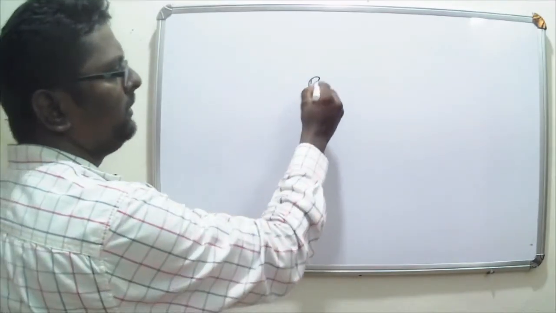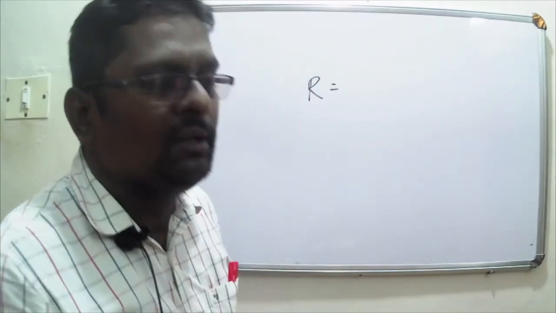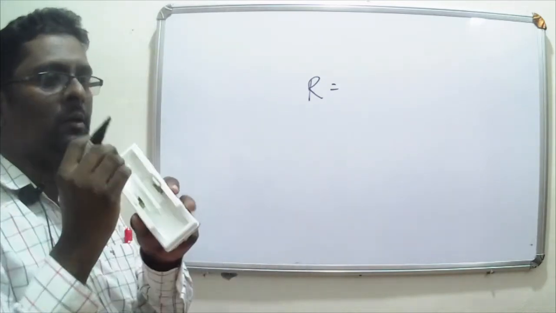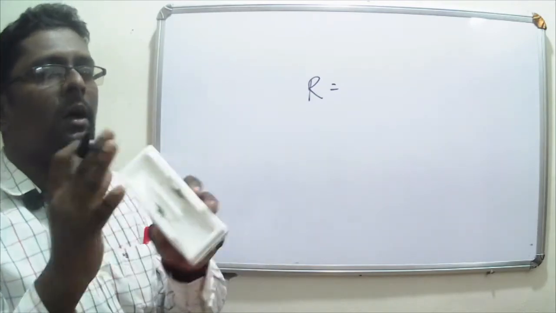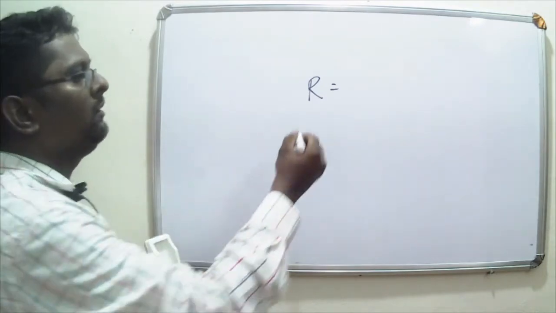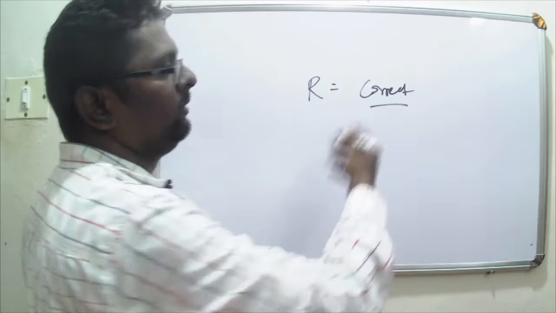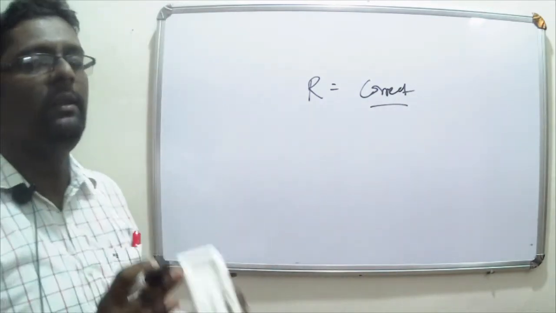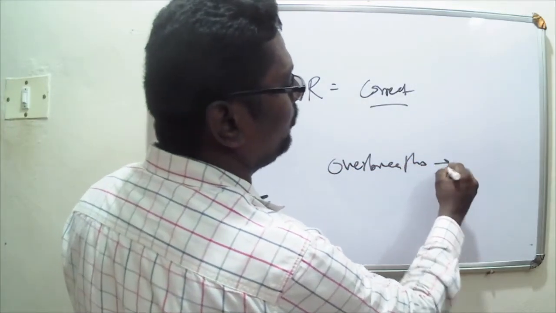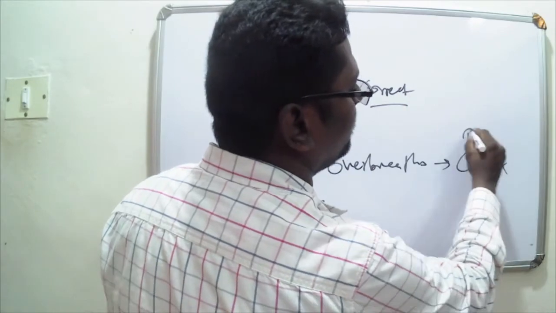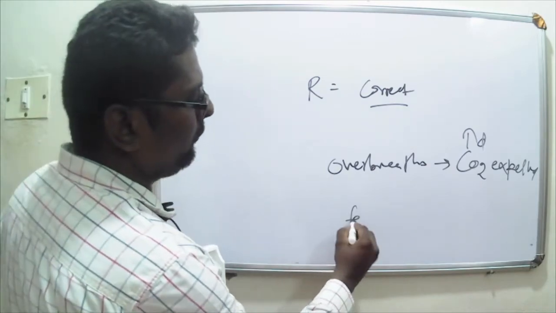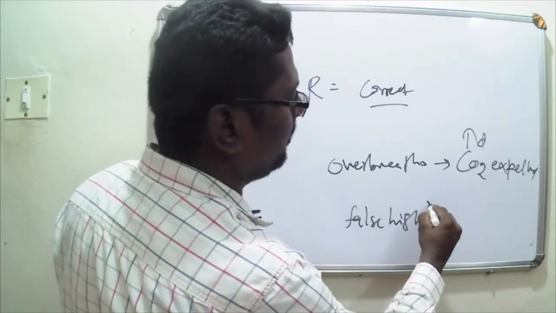A valid measurement of R requires that the gases expelled in the expired air appear there at the same rate at which they are produced by the metabolism in the cells. Only then can we get a correct value of R. Also the breathing has to be normal. If a person overbreathes, an increased amount of carbon dioxide would be expelled. Then in this case we will get a false high R.